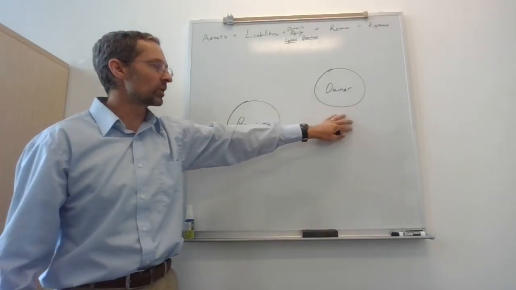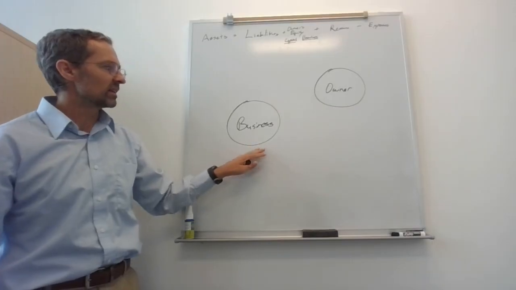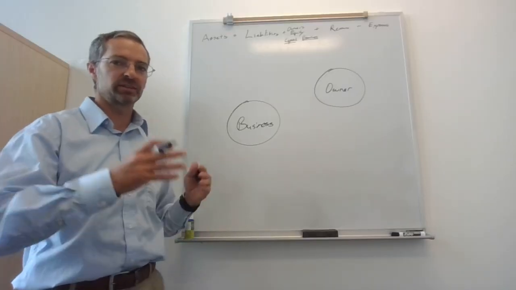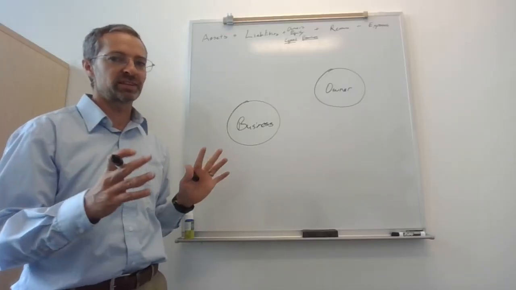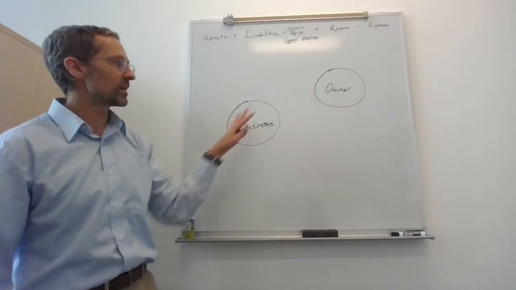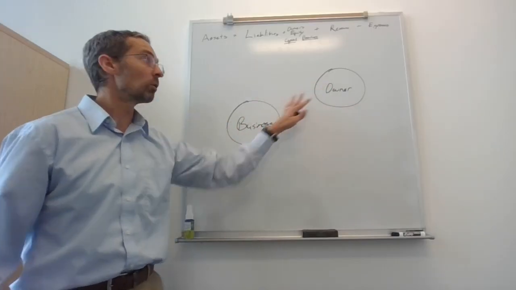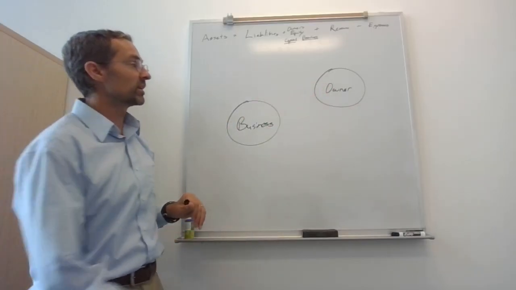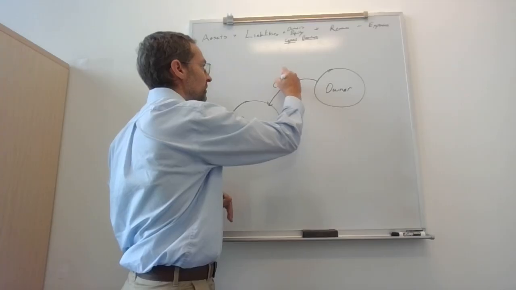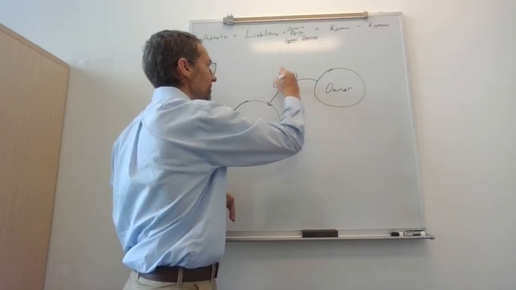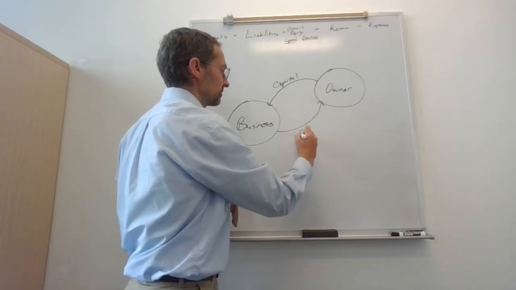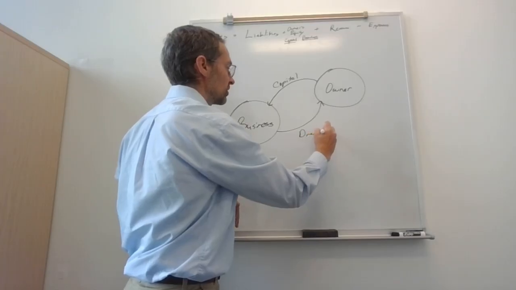We don't care. As the business, we don't know what the owner's doing. And the business is run separately from the owner's life. Let's put it that way. The owner's life and the business are two separate things. They're run separately. So, but there are transactions between the business and the owner. And so when the owner puts money into the business, that is what we call capital. When the owner takes money out of the business, that is drawings.